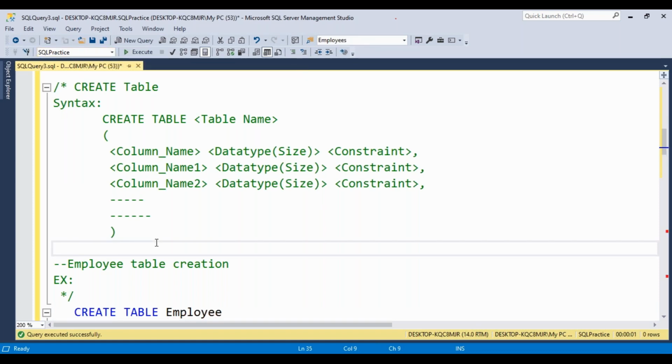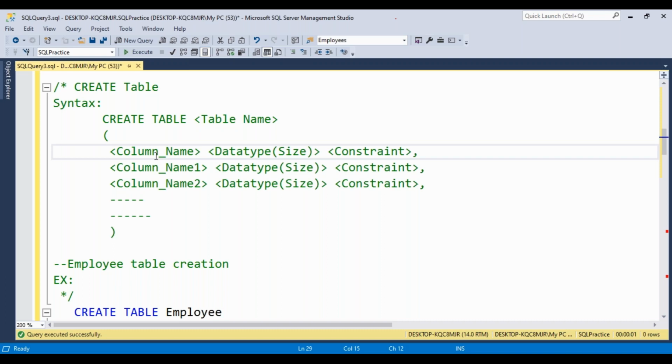Then how can we create a table? In DBMS and RDBMS, data will be stored in tables in a structured format. How can we create a table inside a database? By using the create table syntax. Create table, then table name. What's your table name? It could be employee table, student table, department table, whatever it may be. You can think and create a table. Then column name.